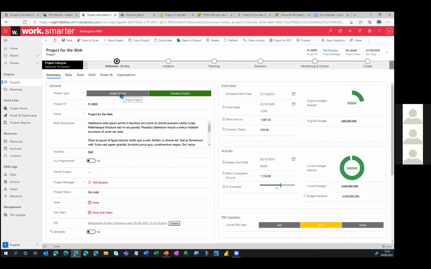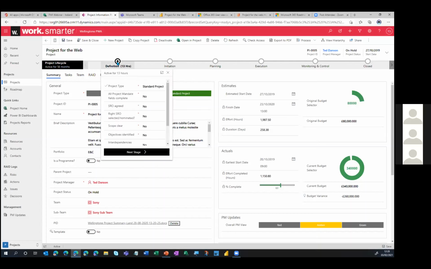If I now switch to a simple project, you'll see, as an example, that some of the stage gates have been removed, so it's been largely simplified. In fact, we can take this further and even hide certain fields within these entities that aren't relevant for a simple project but would be applicable to a standard project. If I go back to that particular project type, you'll see that we have also got a supporting stage gate along the top. And if I click on these individual stage gates, you can see that they're all accompanied by a checklist. And these checklists, again, are entirely bespoke.